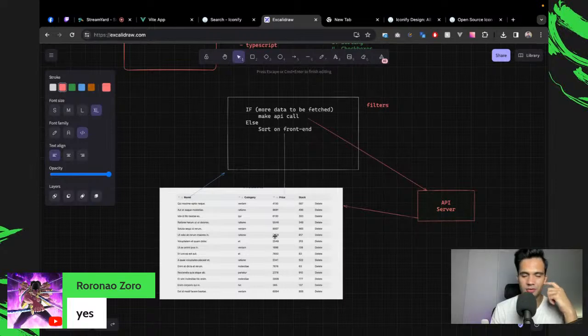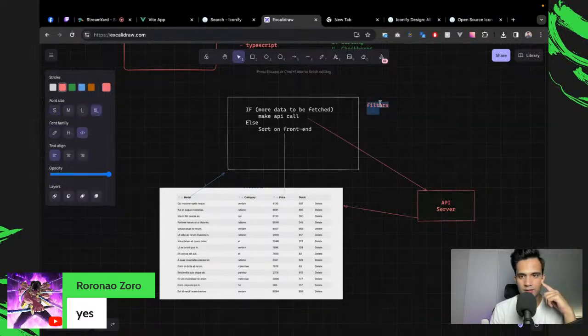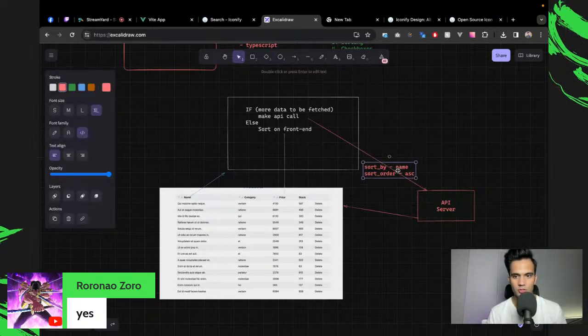Can that be possible? I don't think so. So let's keep it simple. When you sort one column, only one column is sorted. So we need sort by, for example, sort by name. And then we need the sort order, and this will be either ascending order or descending order. And this is what we are going to send to the server, and then the server will sort the data and come back to us.